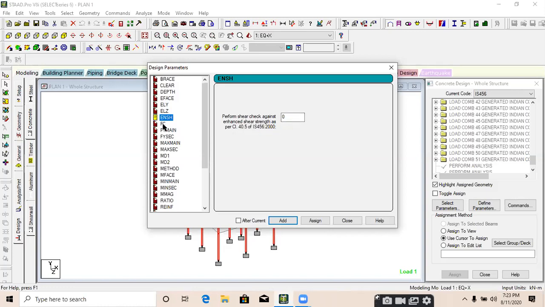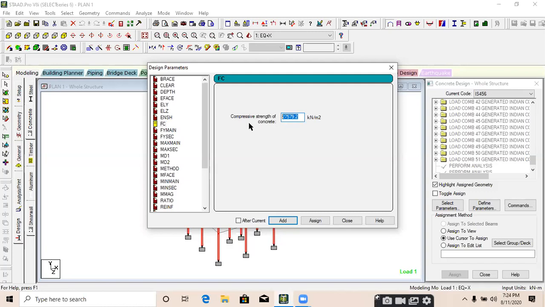Okay. FC. FC is the compressive strength of the concrete. Suppose I want to provide a compressive strength of M20 grade. M20 means 20 Newton per mm square. I am providing a compressive strength of the concrete as 20 Newton per mm square. We call it M20 grade of concrete.